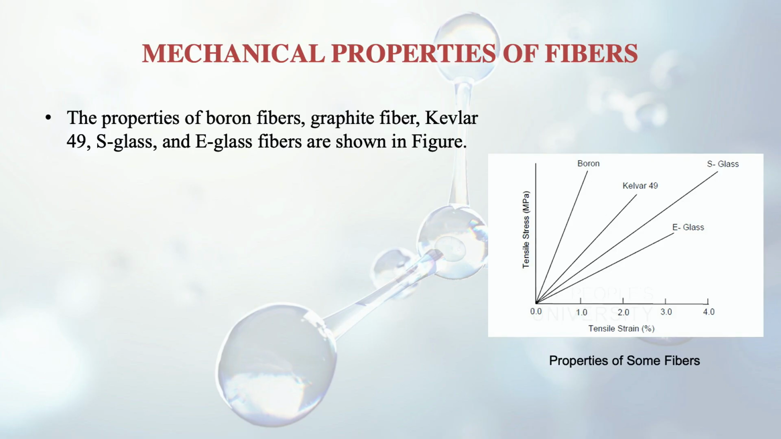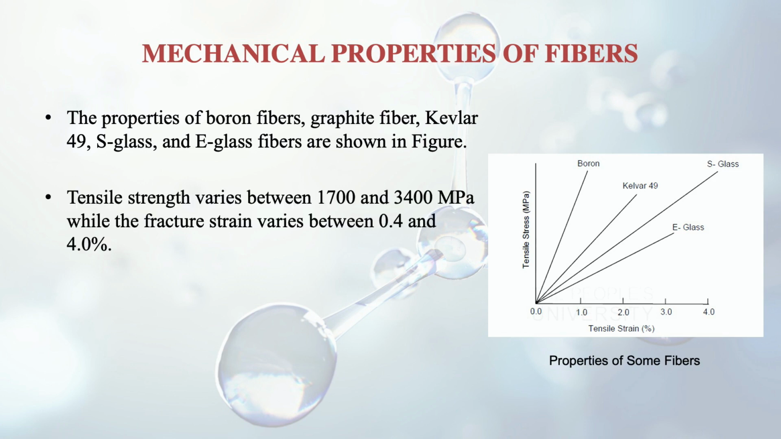Then the mechanical properties of the fibers. The properties of the boron fibers, graphite fiber, Kevlar, S glass and E glass, whatever we discussed, are shown in this figure. You can see this is a figure where the tensile strength is given, and this varies between 1700 and 3400 megapascal, while